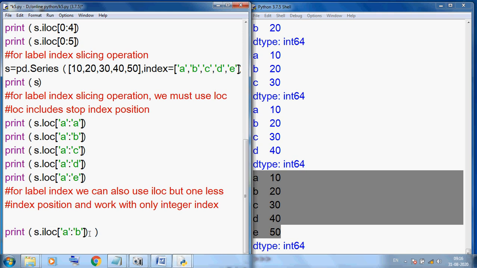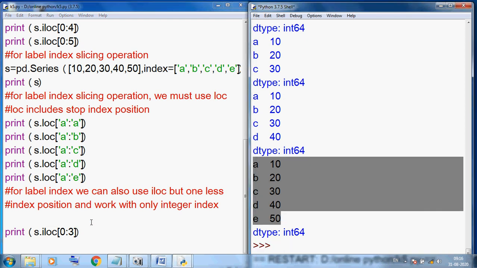So for this purpose here I am changing again to numerical 0:3. So you can see what the output is here. 0, 1 and 2, so 10, 20 and 30 will display.